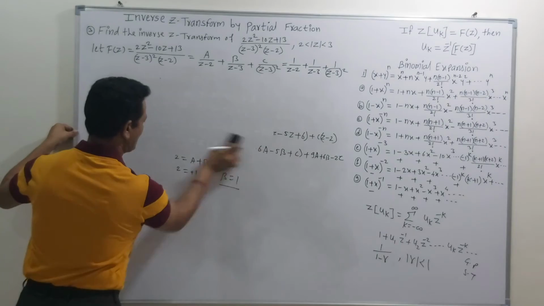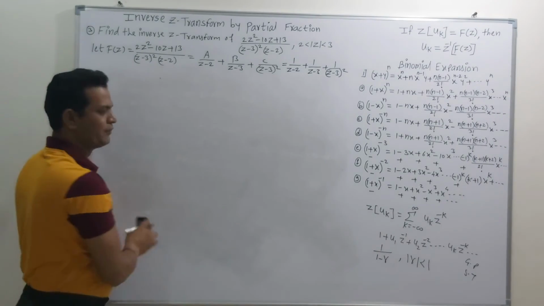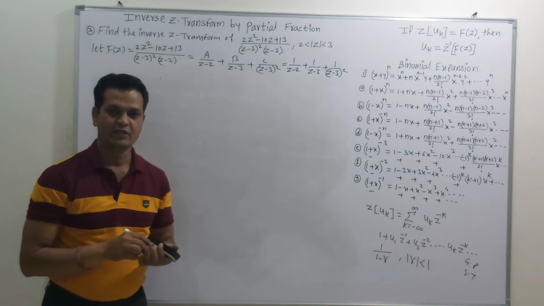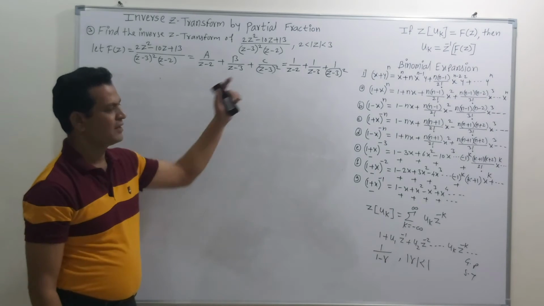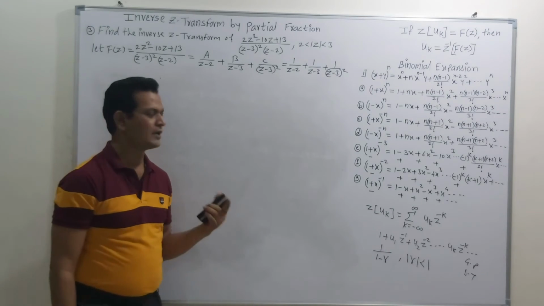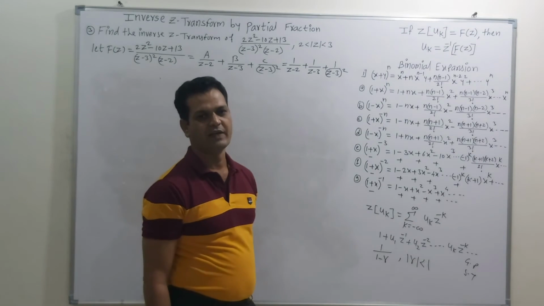Now after partial fraction, it is always possible for us to convert the given equation into standard form. So we are doing the partial fraction because after partial fraction it is always possible to get the equation in such a standard form, so that we can easily find the answer.